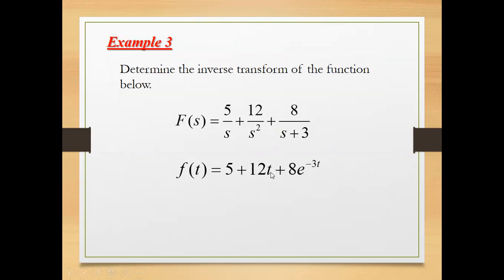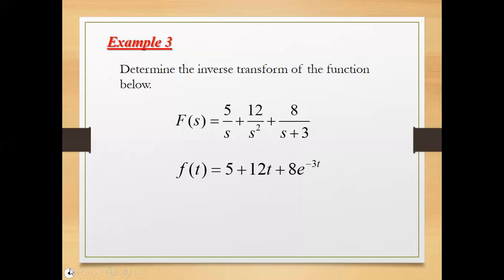So then your t, which has a Laplace transform of 1 over s squared, was just multiplied by 12 because the original numerator here is simply 1, telling you that this 12 must be the constant that was multiplied to the t, whose Laplace transformation is 1 over s squared. For you to do it easily, you set aside all constants that you see and just process based on what you see in the denominator. What do you see here? In the case of the third term, it is s plus 3.